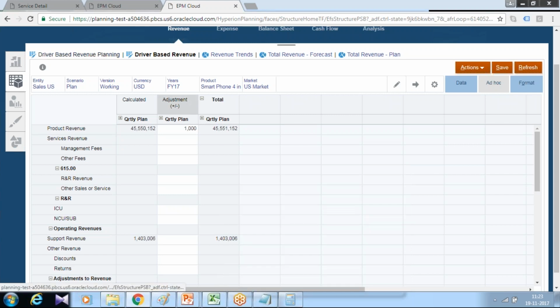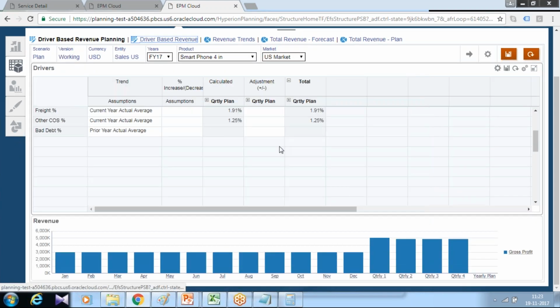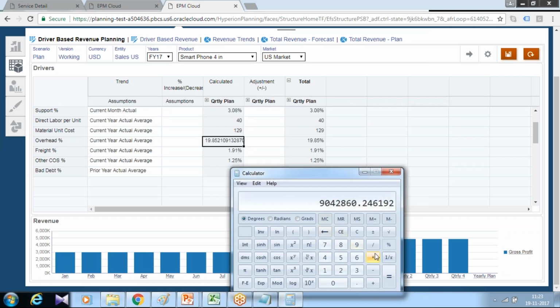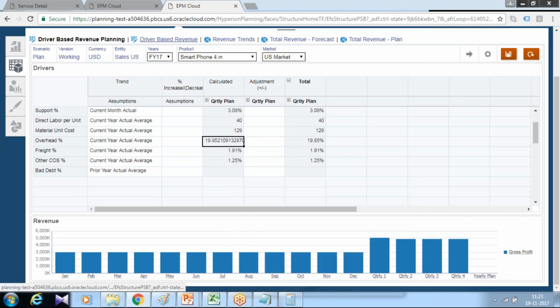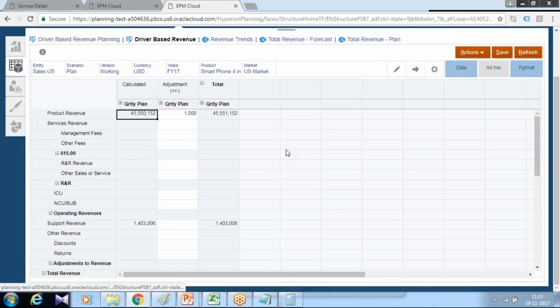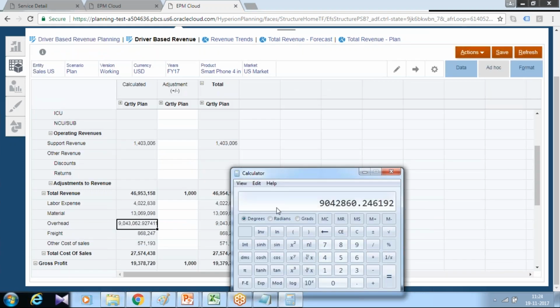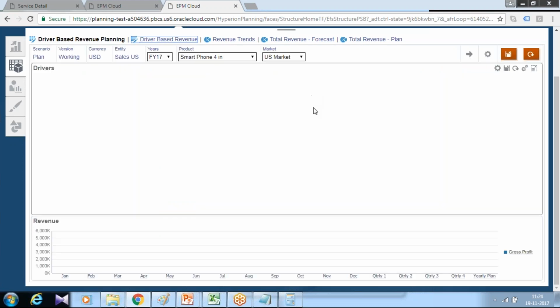This is the percentage. So these values are being subtracted, 19.8521, and this is the value I get: 9042. There's a difference. There may be some round off value, therefore there's some difference, but actually the calculation takes place this way. So finally you have the total